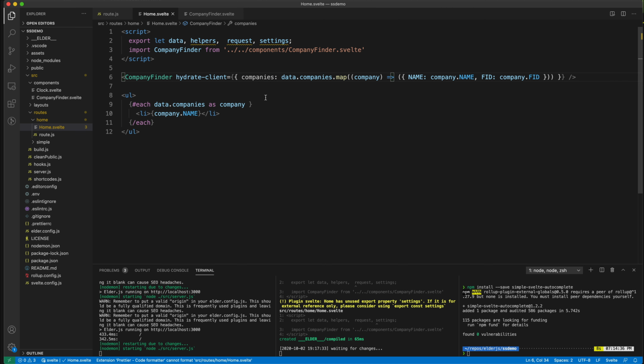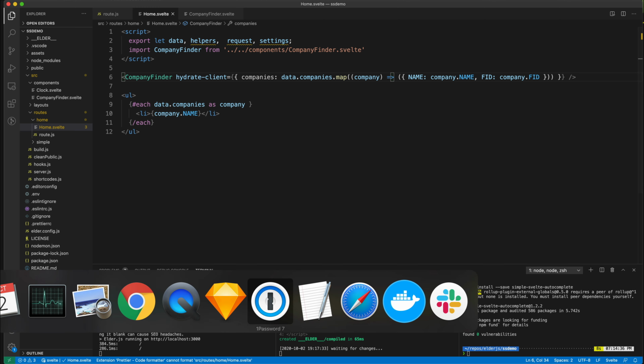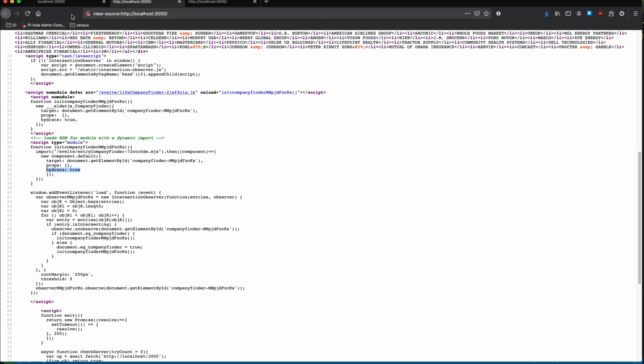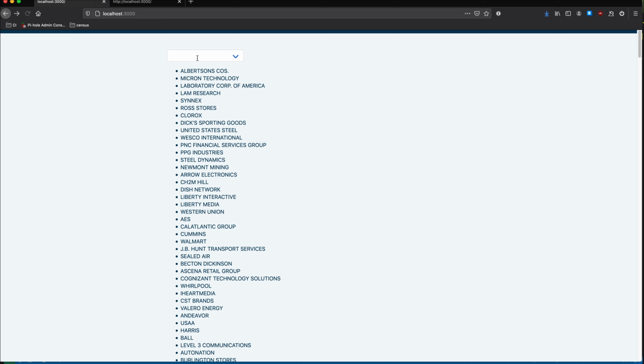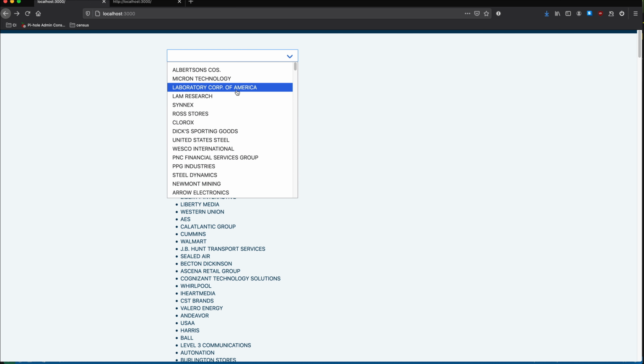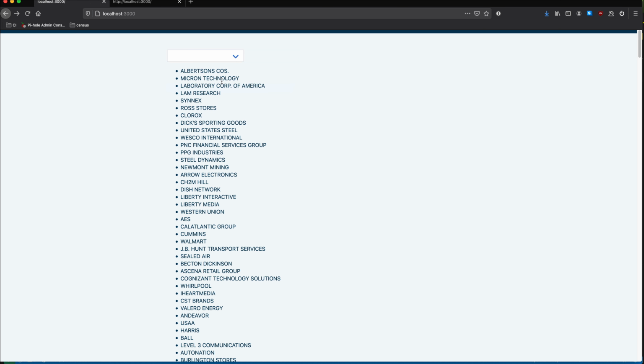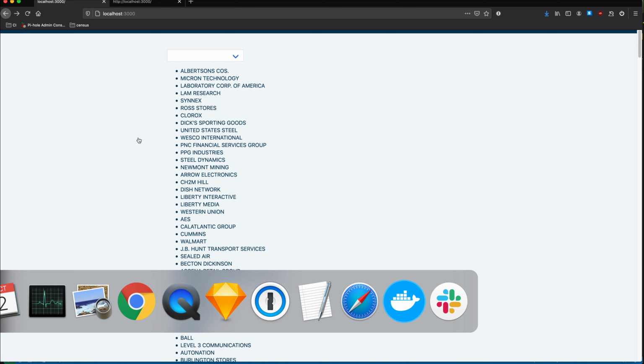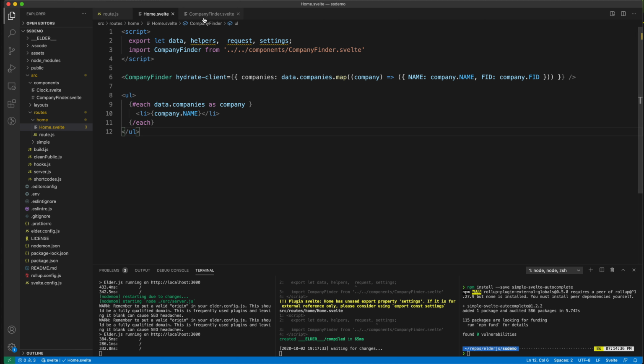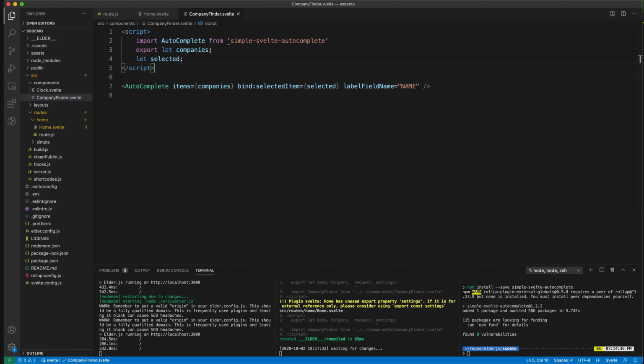For some reason, Prettier is not formatting for me, which is a bummer. So now we have our autocomplete. And what we'll be doing is when you click on this, we'll redirect you to their individual page. But in order to do that, we need to wire up all of these into real routes. So before we move on, let's go ahead and set up the really simple